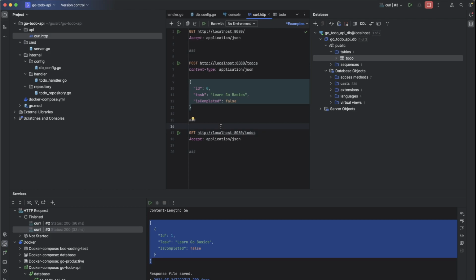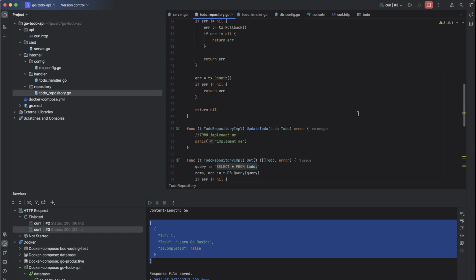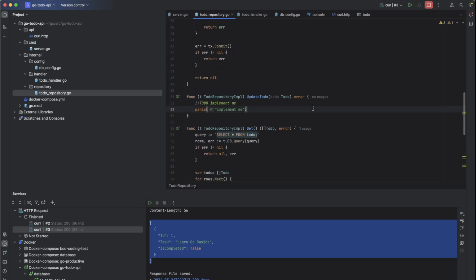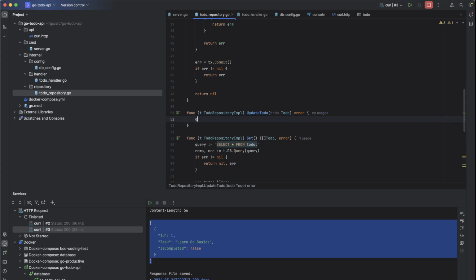The next thing is we are going to continue to handle the update and find by ID and also delete by ID. Okay, continue to our repository again. For the update, we will find the data first.